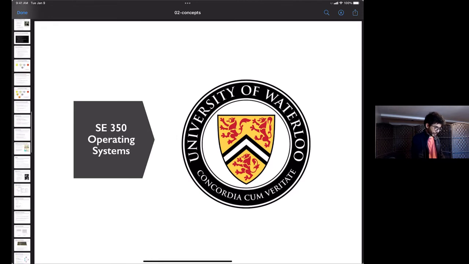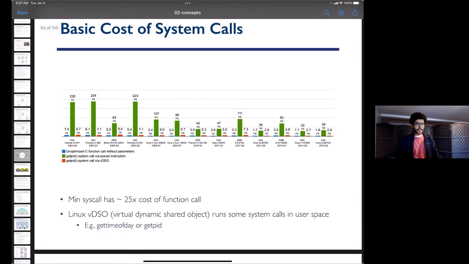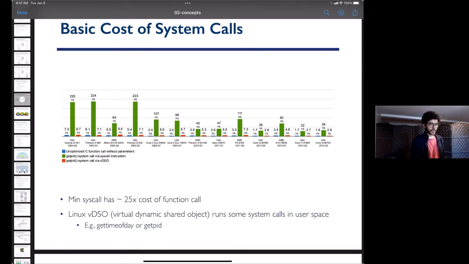Just a reminder, I should have included this slide. Sorry. Yeah, this one. So this shows you, if you remember, the cost of, for example, a system call. So going to kernel is expensive. These green bars show you the context, the overhead of a system call, whereas the blue bars show you the